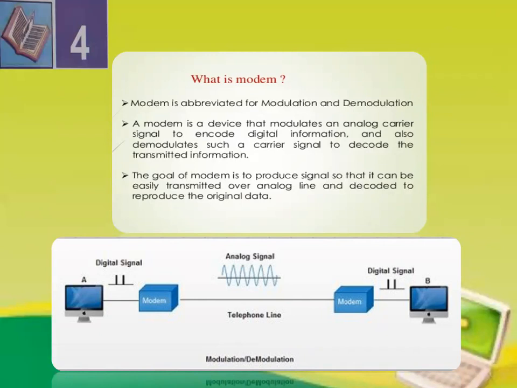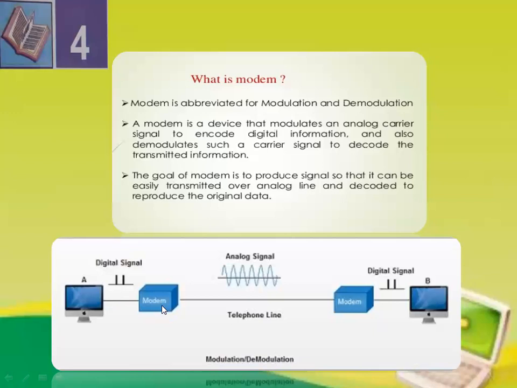So here in the diagram, you can see this is computer A, this is a modem. Again, on the long distance over the telephone line, we have a modem, and this is computer B. So computer A wants to send data over the internet. How will it send? First of all, the signal is passed to the modem. These are the digital signals from the computer. This is the digital connection between the computer and the modem, and the digital signal passes to the modem.